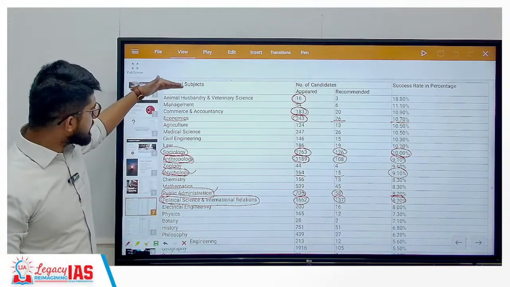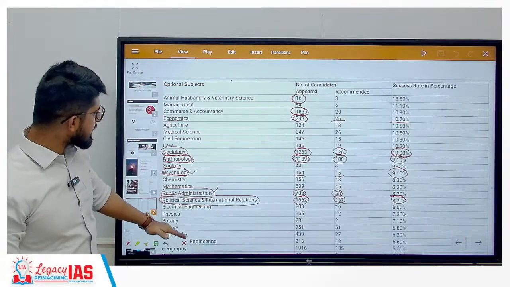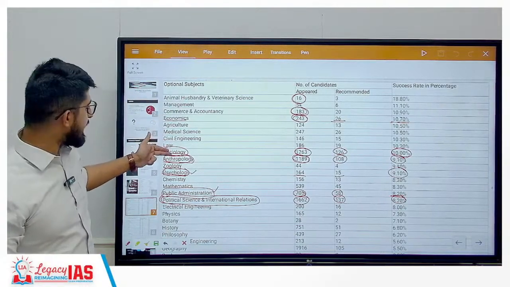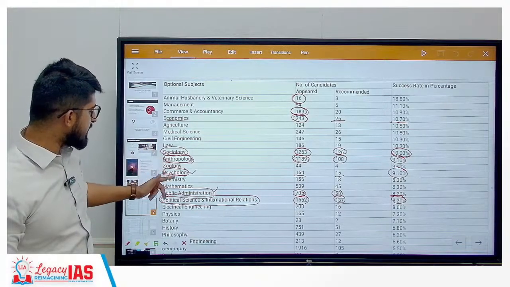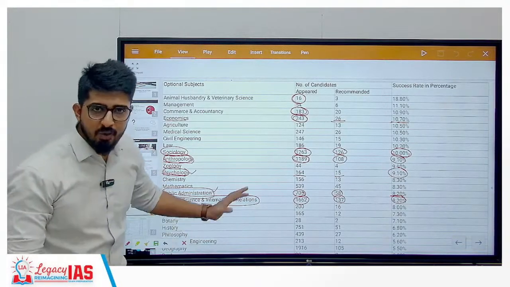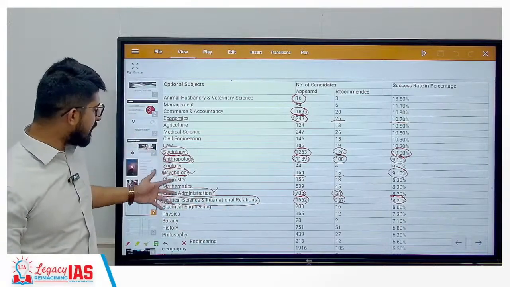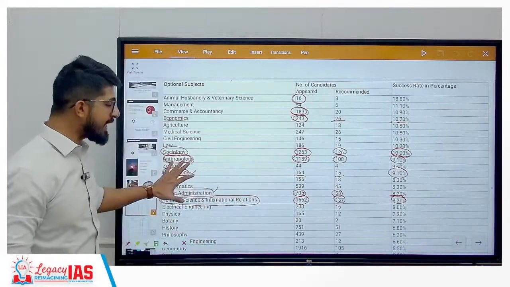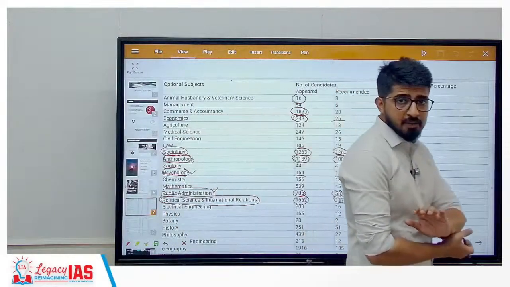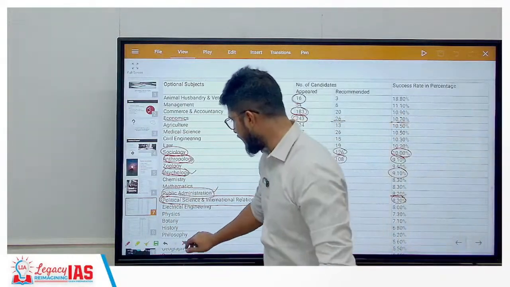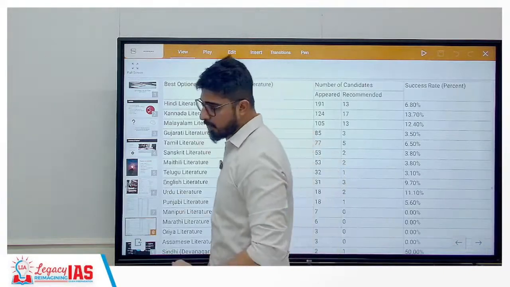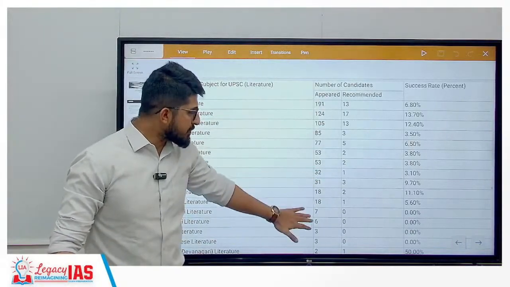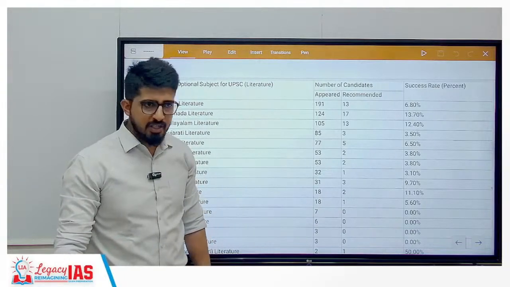So when you look at optional subjects from the top till the last, all these subjects require a background. These do not require a background: sociology, anthropology, psychology, public administration, PSIR. And these are the well-performing ones. Chemistry, mathematics, zoology, they require a background. So this is the reason only these optionals are provided. Clear? So this is the success rate, as you can see. Now the next one is related to the optional subjects which are literature based. The number of candidates that appear with literature as optional is relatively lesser, as I had mentioned earlier.